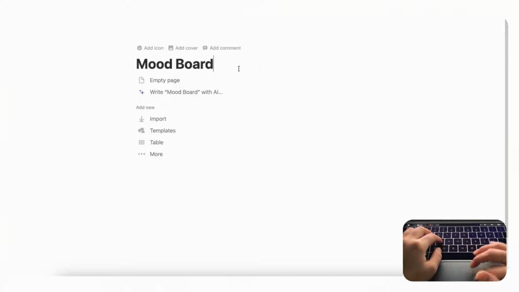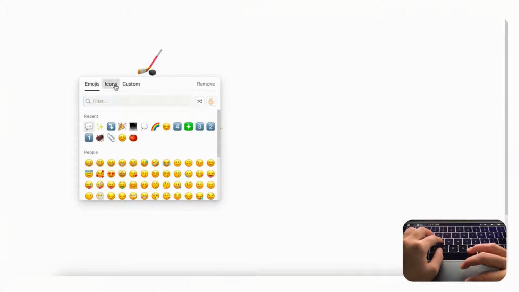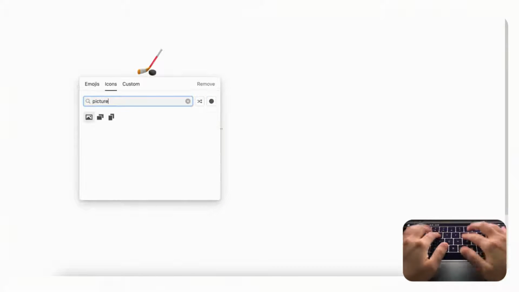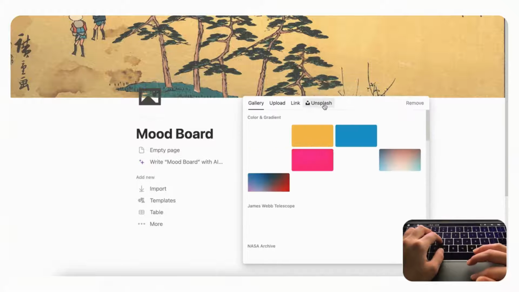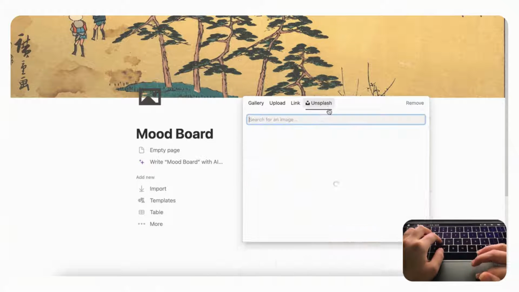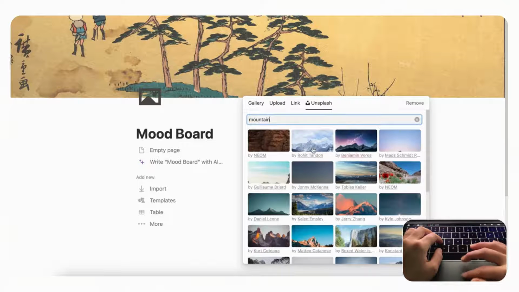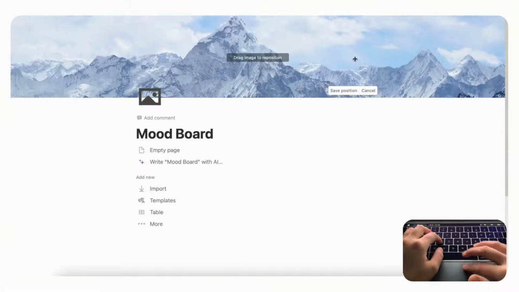So the first thing we'll do is open an empty Notion page and let's just title this mood board. And next you can either add an icon or add a cover photo by clicking these, and we'll just go with something that has a picture here like this. And you could add a cover here as well. So if we're going to go for some kind of mountain themed mood board, we'll just go with a mountain and click here and reposition